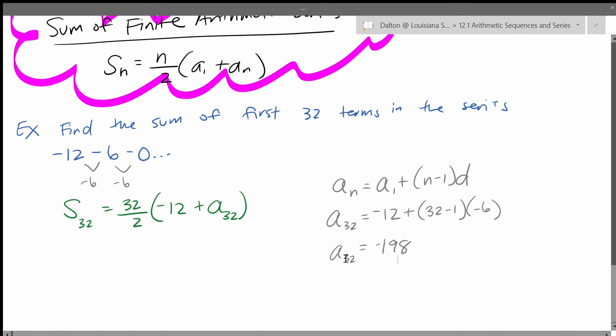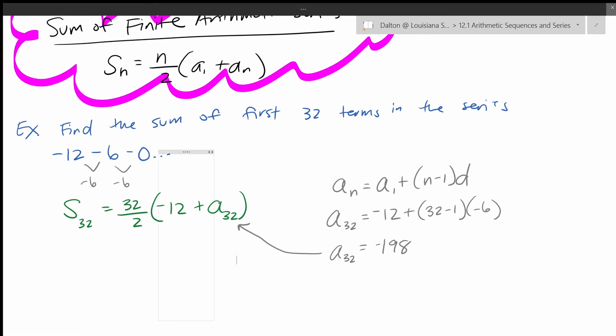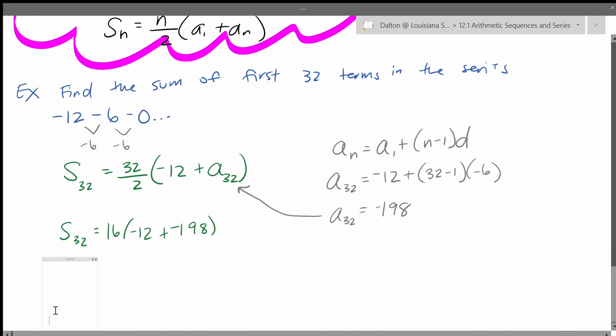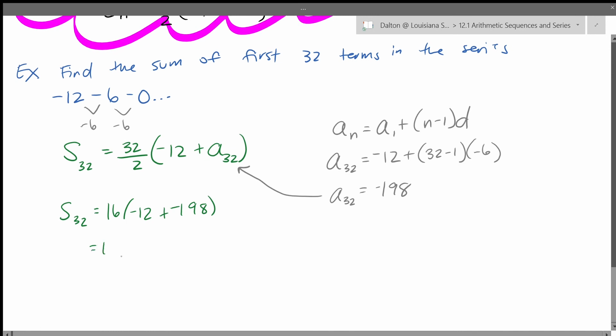Now that I know the 32nd term, I'm going to plug this number back into the sum of the series. So S sub 32 is equal to 32 over 2, which is 16, times negative 12 plus A sub 32, which is negative 198. So negative 12 plus negative 198 will be 16 times negative 210, which means the sum of the first 32 terms in the series, that I literally only knew 3 numbers at the beginning of, would be negative